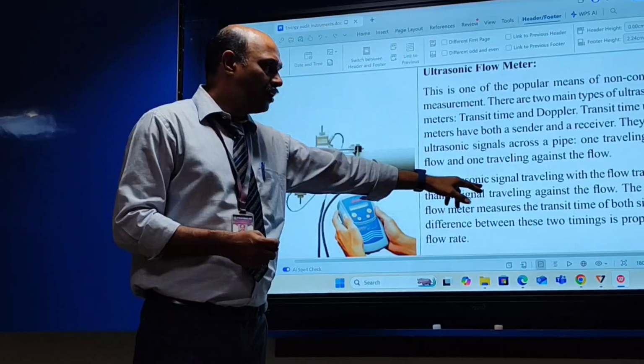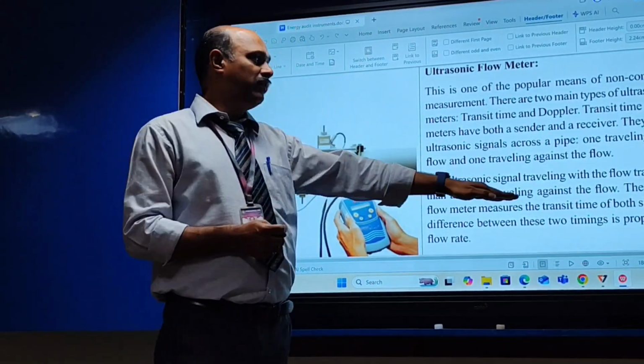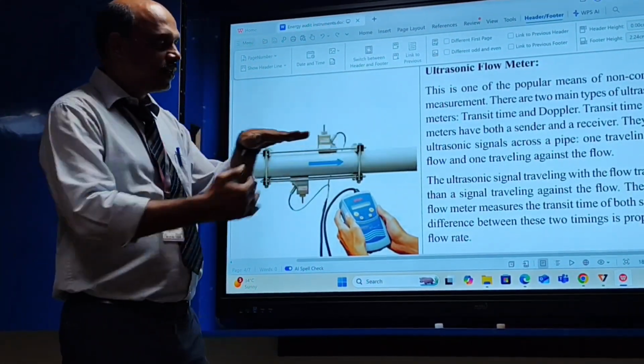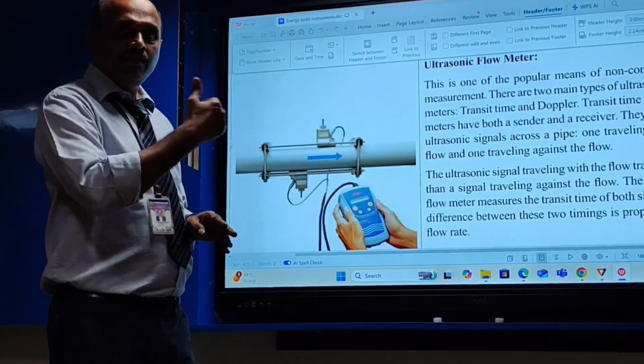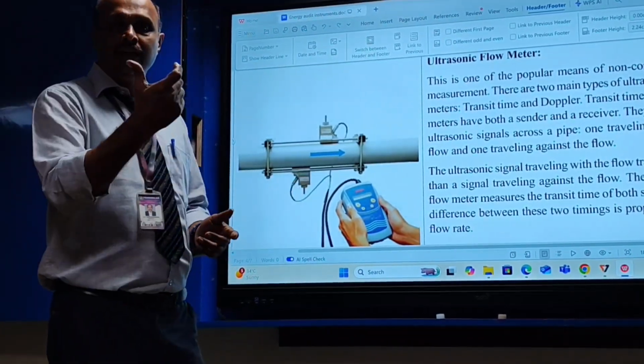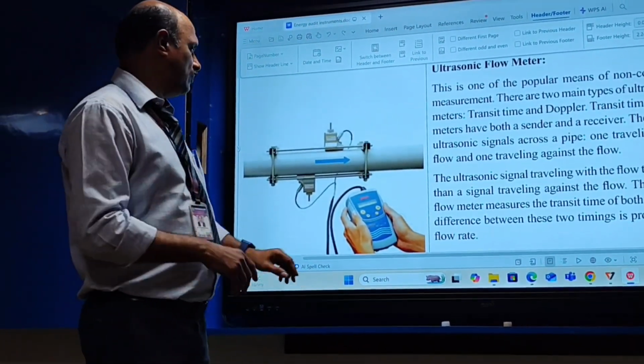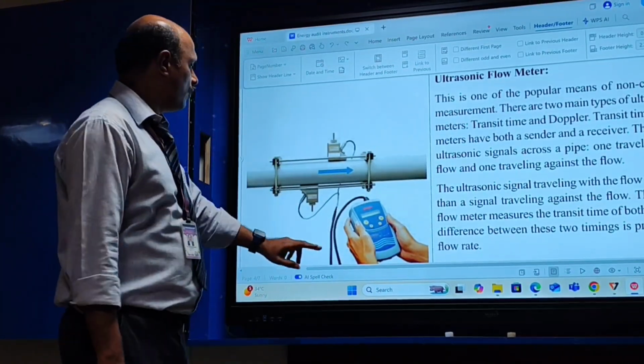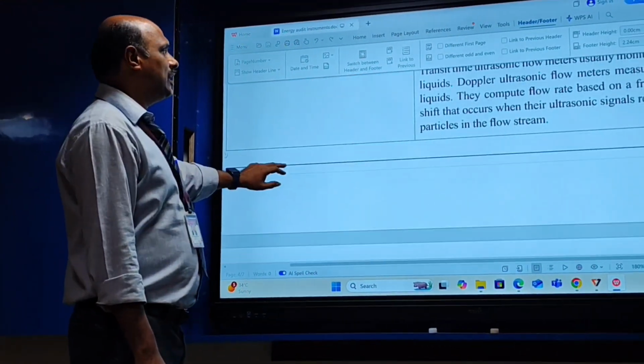Okay, because the ultrasonic signal which travels along the flow moves faster. When it acts opposite, the velocity will be lesser. Based on that, the difference gives the flow velocity. This is nothing but the ultrasonic flow meter. And next type,